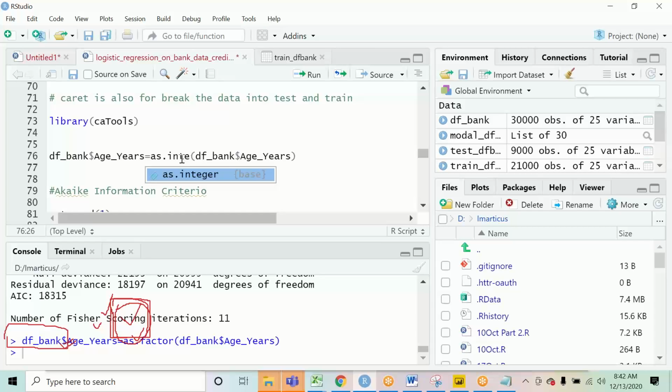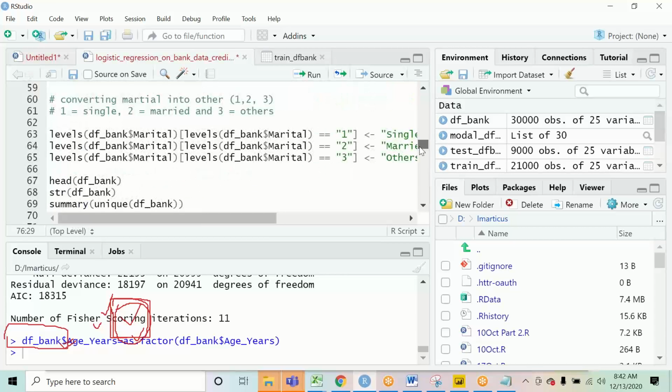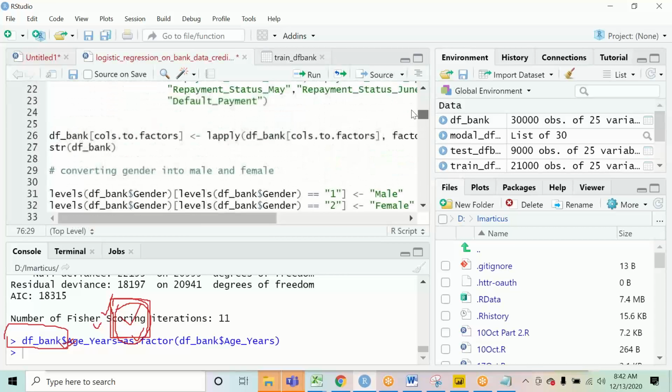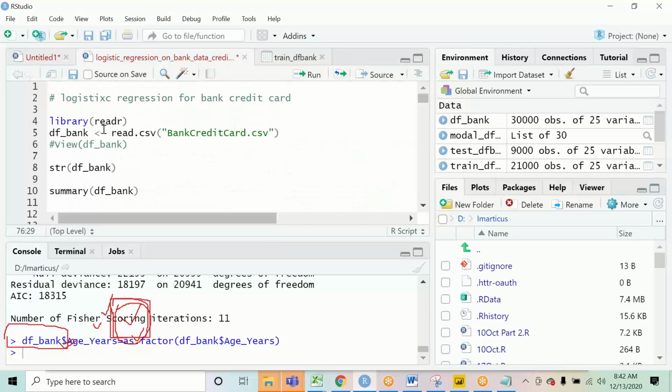You can do it like this, but the best way is always to rerun the code from the starting, so that you do not have any problem in the future. You can always start the code again and not run that as.factor step. That is the purpose of code: codes are meant to be executed again and again. Got it, Harmeet?